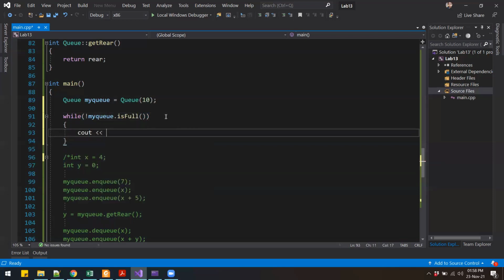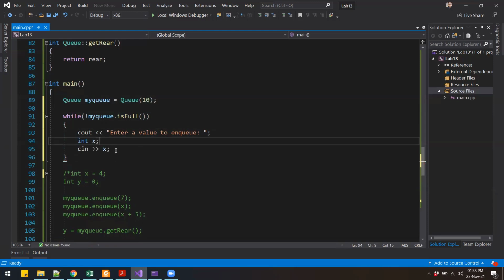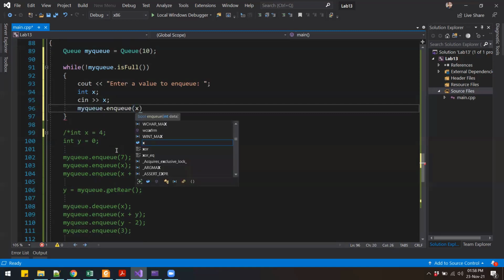So we can print a message asking the user to enter a value to enqueue. The user enters the value over there, right? We will read the value in, let's say, X. We need to declare X, and then after the user has given the input, what we'll do is we will call the enqueue function and pass that value into that function. All right. So while the user enters the value of the queue, we will take the input and store that into our queue. All right.